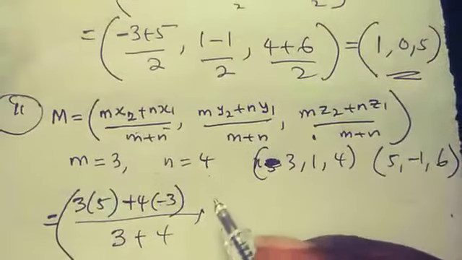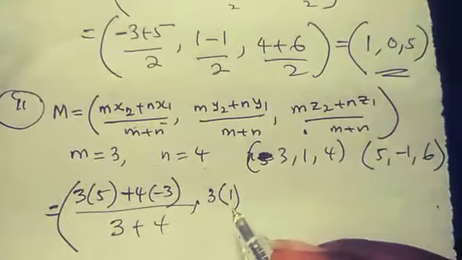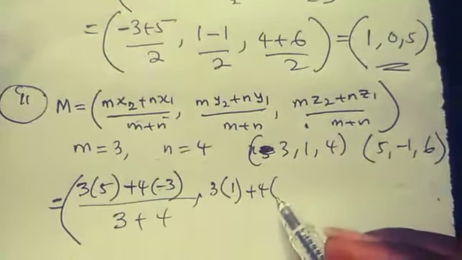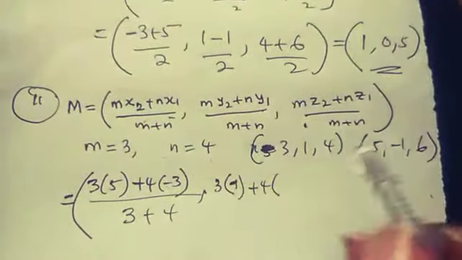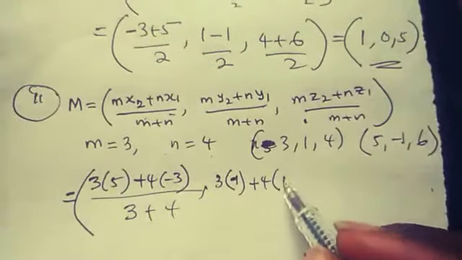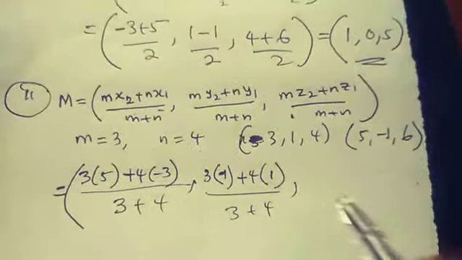We do the same thing for y. This is 3 times y2. Our y2 is -1, as you have seen, plus 4 times y1. Our y1 is 1, over 3 plus 4, comma,